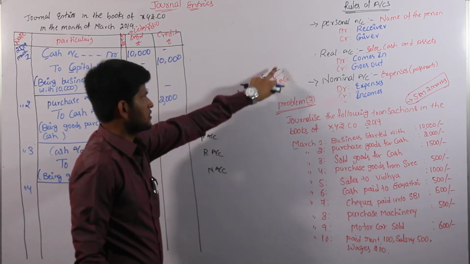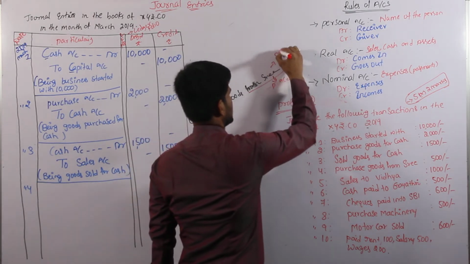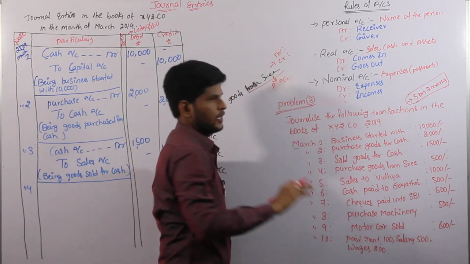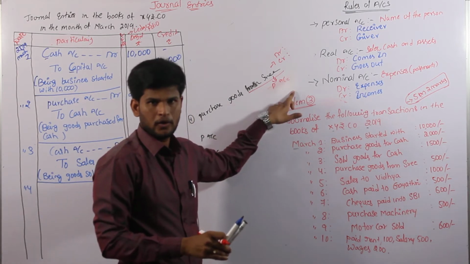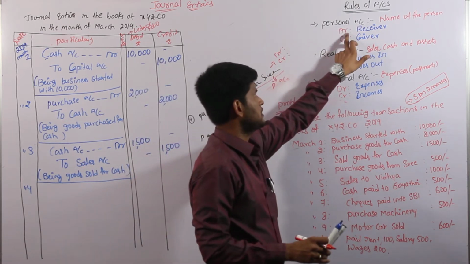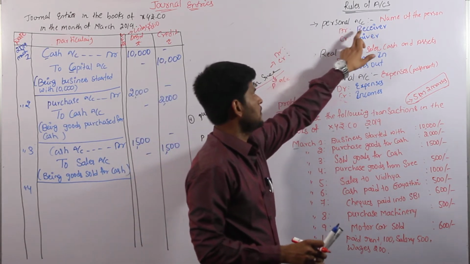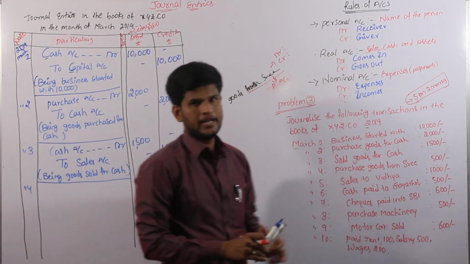In our personal account, Street goes to debit or credit. Again that we have to identify. We can take the two indications, debit and credit. Now we have to remember the transaction is relating to the name of personal account. Again in our personal account we have two systems. First one debit system, second credit system. In personal account debit side we have to write the receiver. In personal account credit side we have to write the giver.